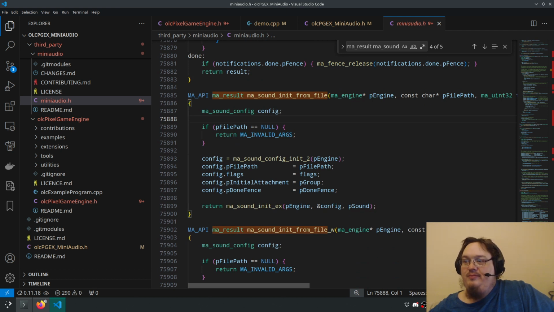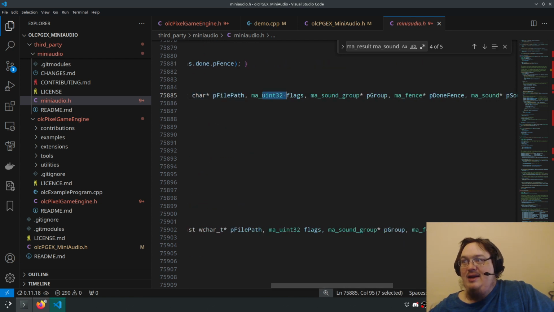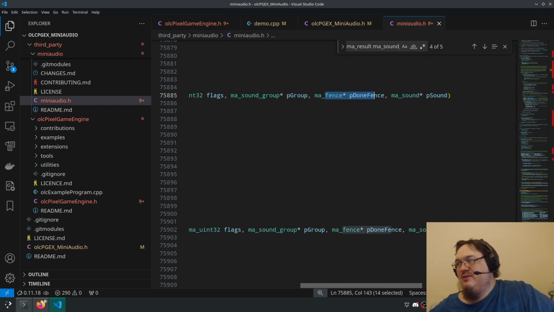Okay, so it takes in a pointer to the engine, a pointer to the file path, some flags, a group, a fence, whatever that is, and the actual sound itself.